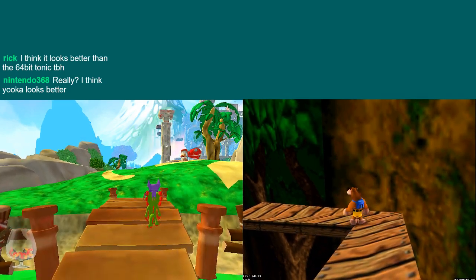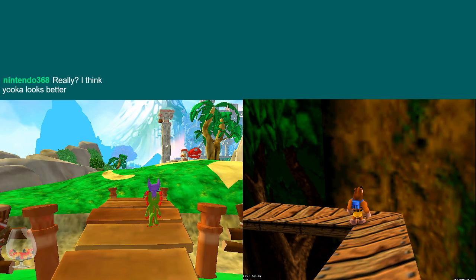Honestly, I think the shading is better on Banjo, but I think that the models themselves obviously look better on